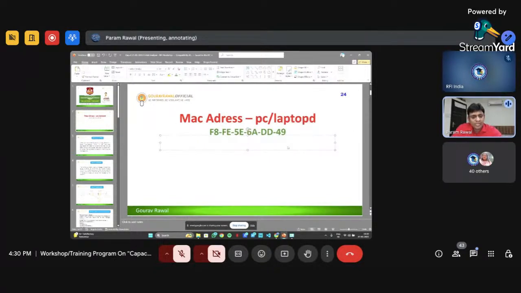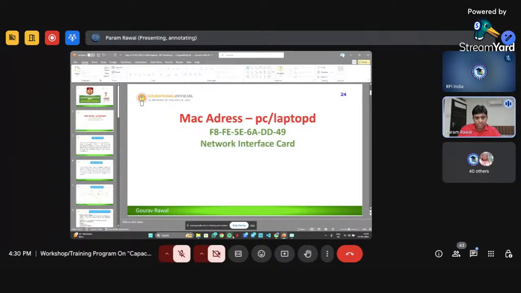What do you mean by NIC? NIC is Network Interface Card. For each NIC, there will be a different MAC address. We can get an idea about that.